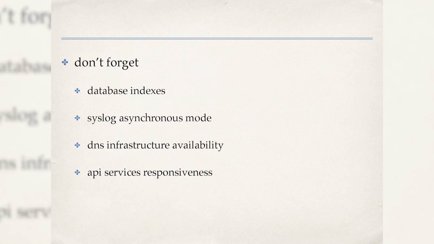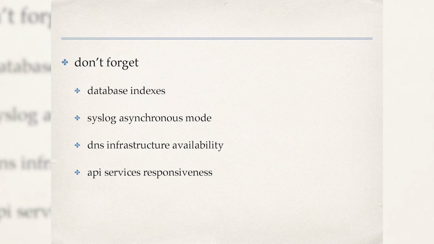And then other components in the entire platform, like databases, syslog. If you do a lot of logging, be sure it's in asynchronous mode. DNS infrastructure availability, again, practically, as it is said, when DNS is not working, internet is down. So be sure you have good responsiveness as well as with your API services. And the last one would be